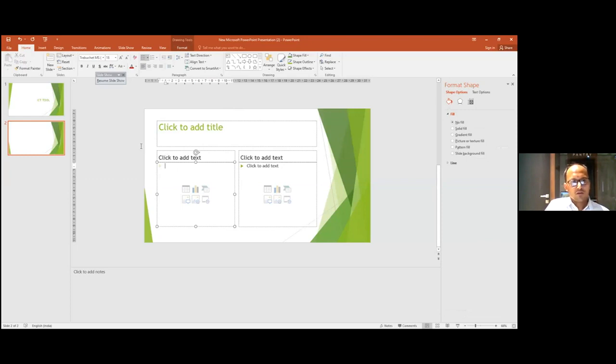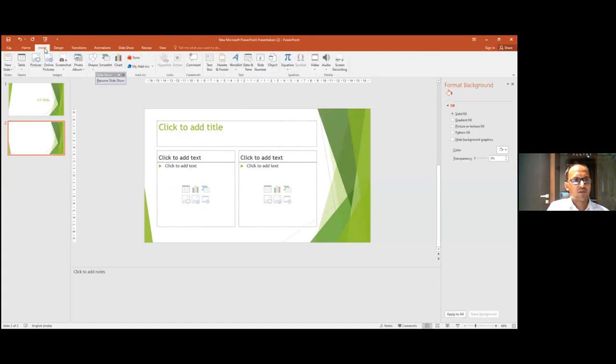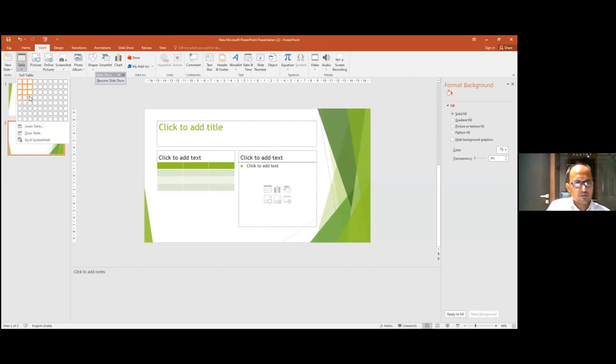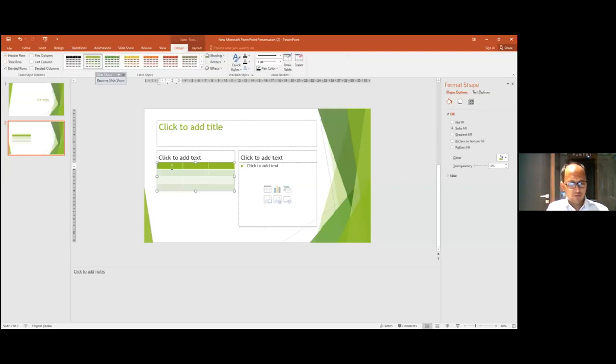Now, to add the matter into the slide, we can type the text, or we can simply copy and paste the text from somewhere. We can even add tables into this by going into the option Insert. By having a table, you can choose the table dimensions. So here, for example, I want to add 3 columns and 3 rows. I will go for 3 by 3. 3 columns, 4 rows. I will go for this, and I can type the matter whatever I want, like this.